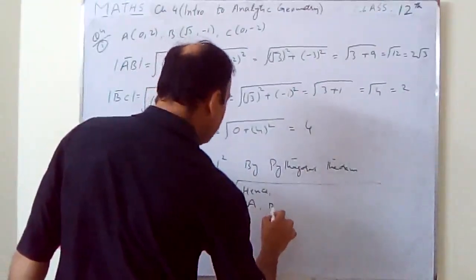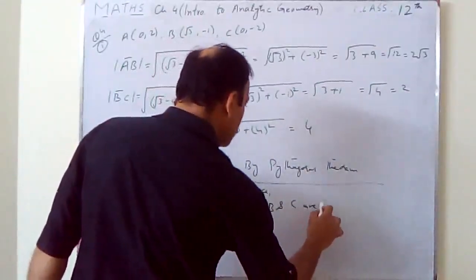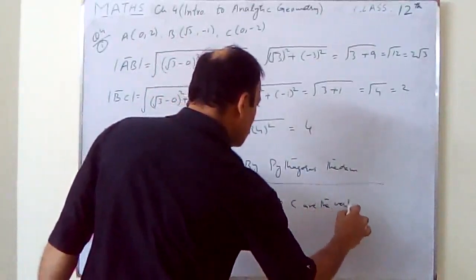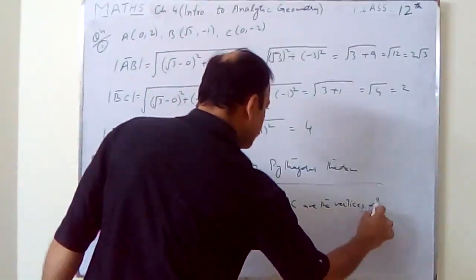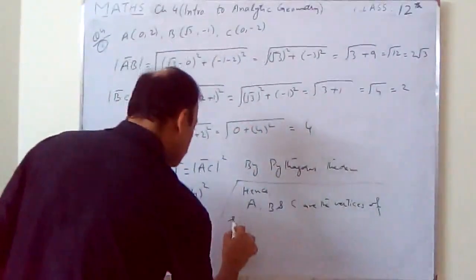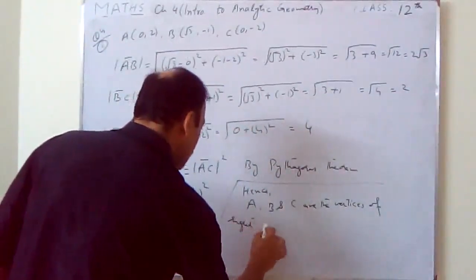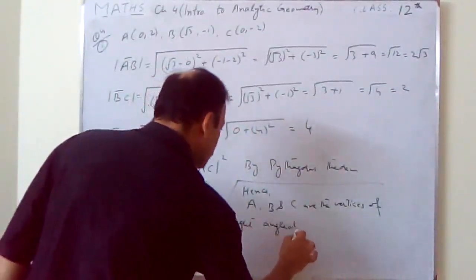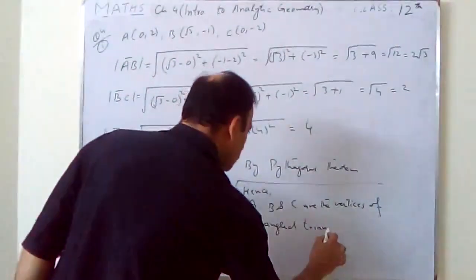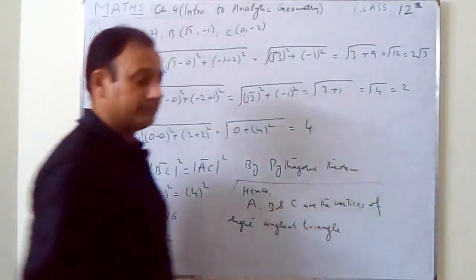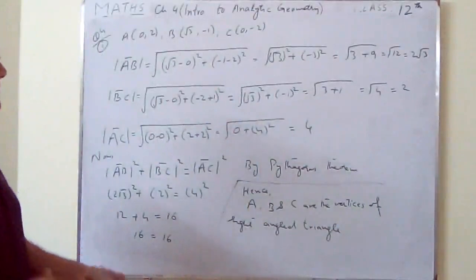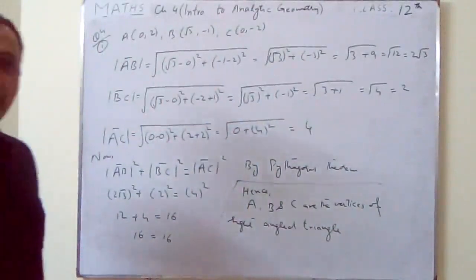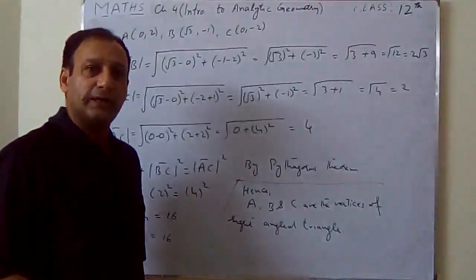A, B and C are the vertices of a right angled triangle. So this is the way you have to find the sides, and if the sides come out equal, like in the next part,